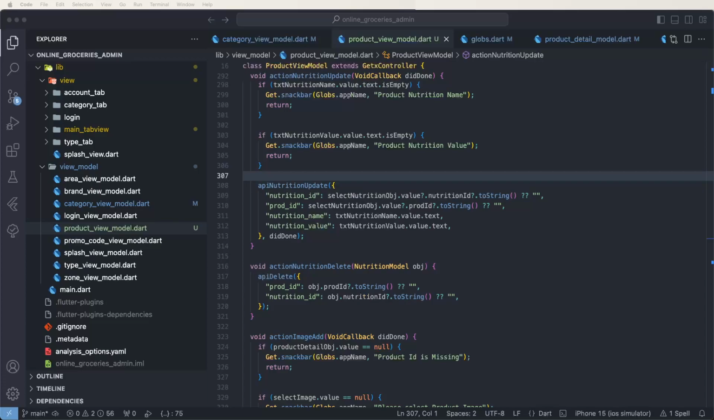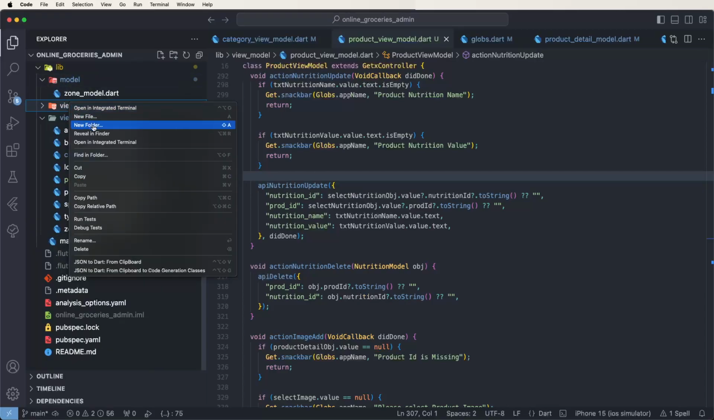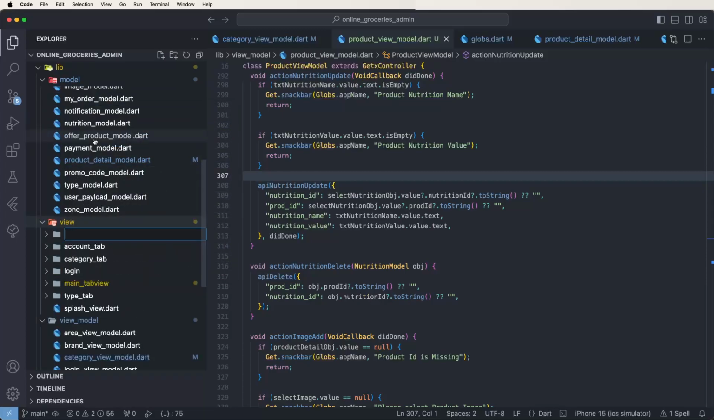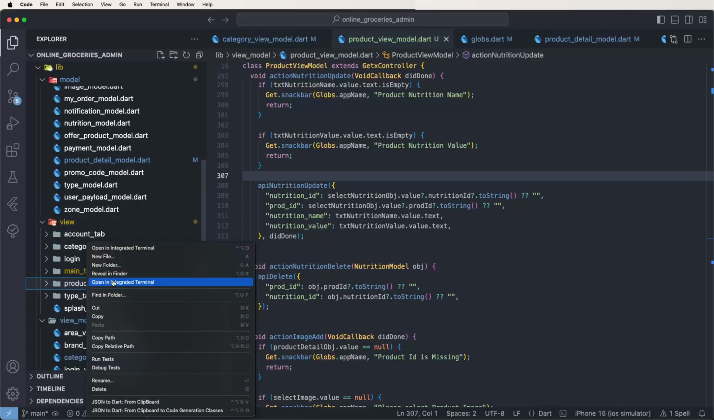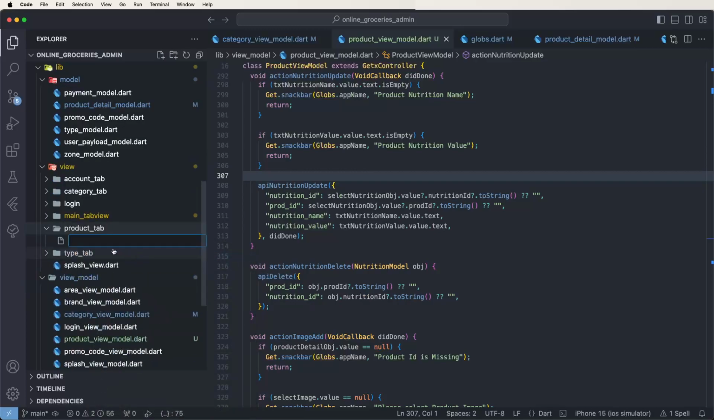Today we need to create the product tabs. First of all, we need to go inside the view folders and create a new folder, and give it the name product_tab, like this. Write it down, and create the product tab UI. Create a new file, we need to write down the product tab screen